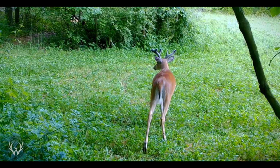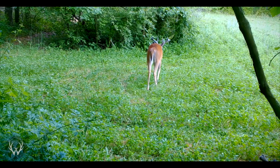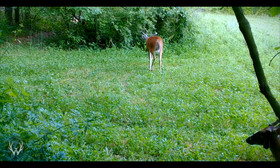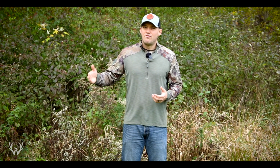But we've always done it the old-fashioned way. We have a 3-ring binder with a sheet of paper for every single hunt, and we have a binder from each hunting season going back to 2010. And the first year that you do it, just like when you first start putting out trail cameras and saving those pictures, it might not seem like logging your hunts is giving you a whole lot of relevant information, but as you start compiling the years and you have 2, 3, 4, 5 years of information